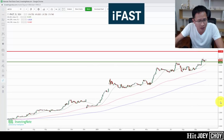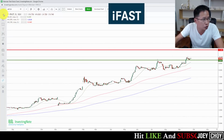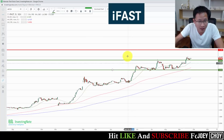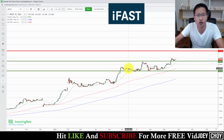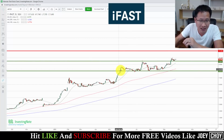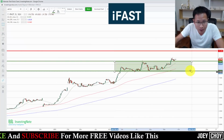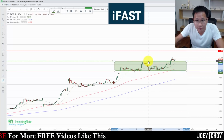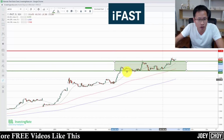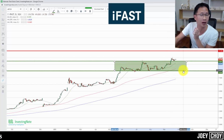So it's currently about 9.74 right here, and let me just draw some horizontal levels. This was originally the consolidation phase. You can see we were consolidating since May, from about $8 all the way to maybe about $9.50. You can see that was pretty much the consolidation phase, $8 to $9.50. It goes up, down, rebounds up, and eventually we broke the